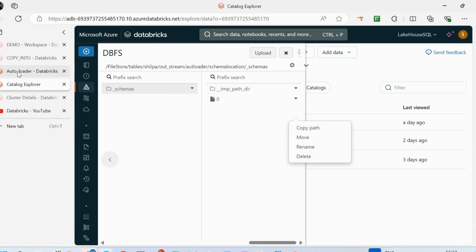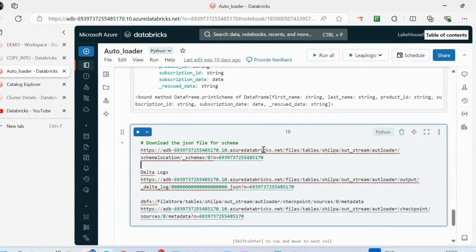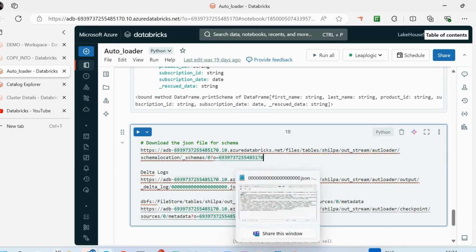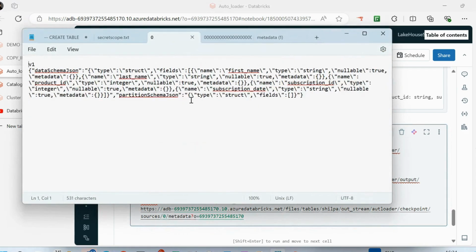So what you can do is provide your host name first and then the complete path of your file. After files slash files slash files, you have to provide the complete file name and your workspace name. So if you download this particular file, then this will be shown up. I have downloaded it already to show you. This is my version 1 because I have created the first version of the schema.